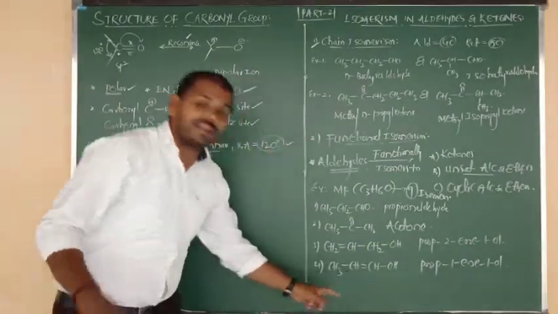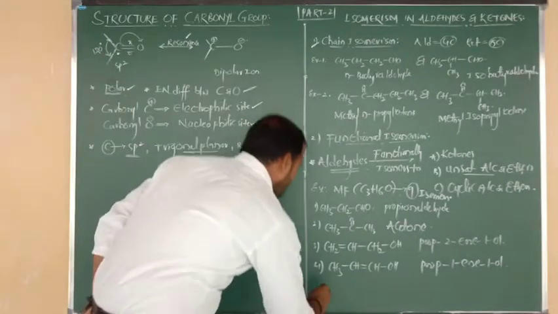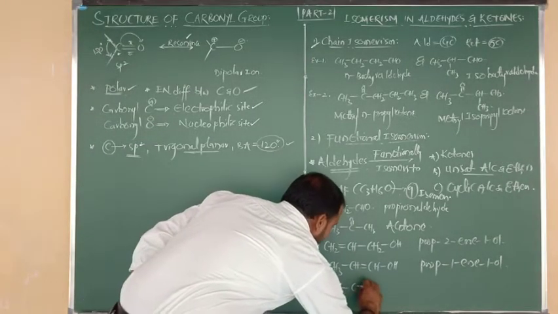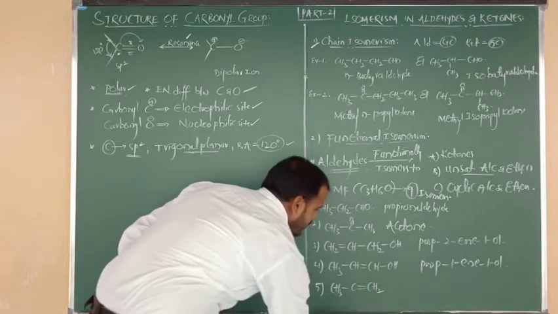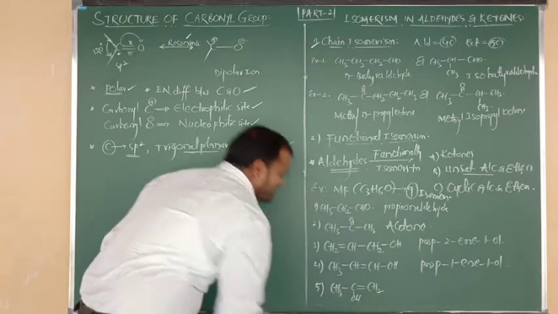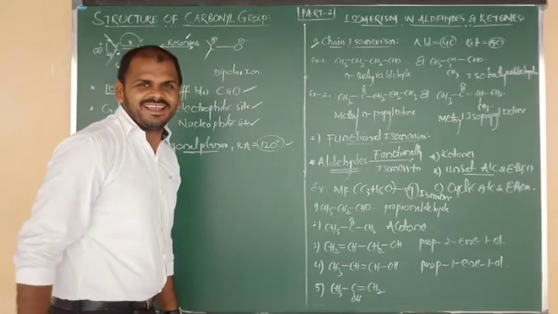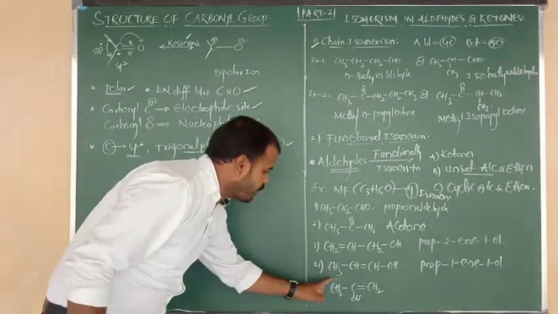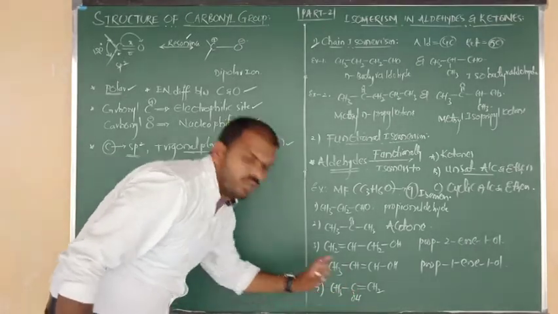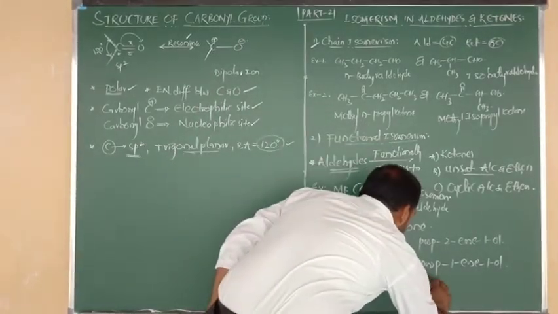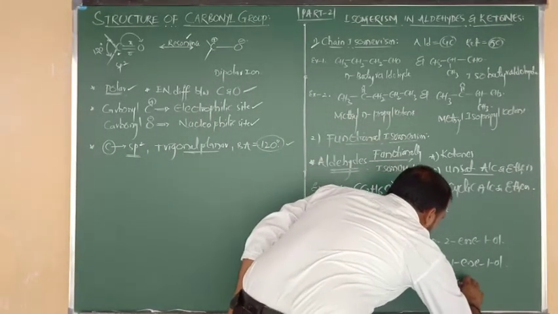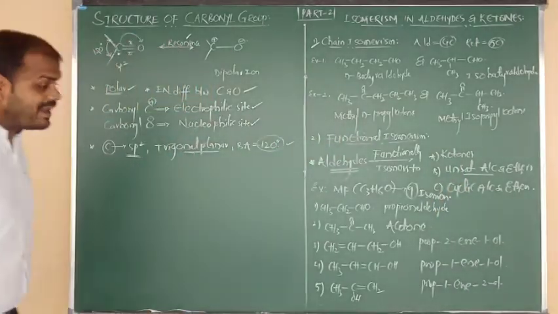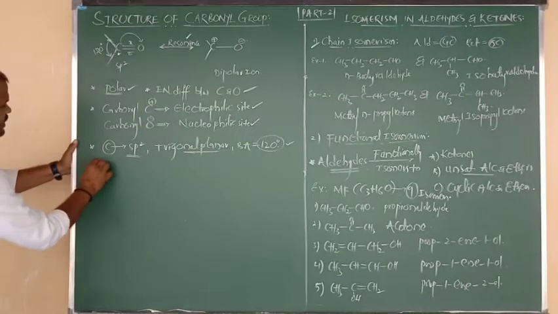But the OL position we can write at 2 also, na beta? Yes. CH3 bonded to C double bond CH2. Central C connected to OH. Again unsaturated alcohol. But what is the IUPAC name here? 1, 2, 3. Prop-1-en-2-ol. So its IUPAC name is prop-1-en-2-ol. Next, go on with the 6th one.